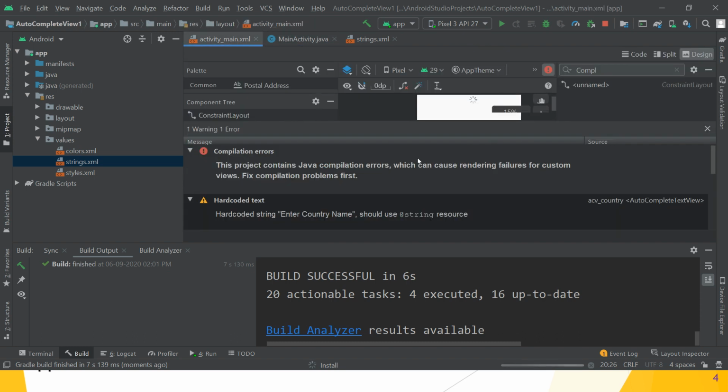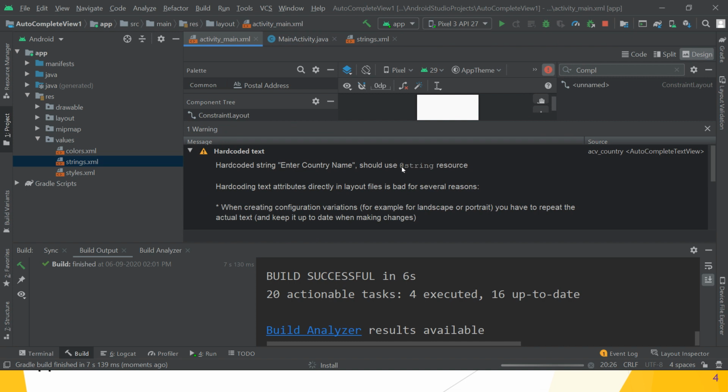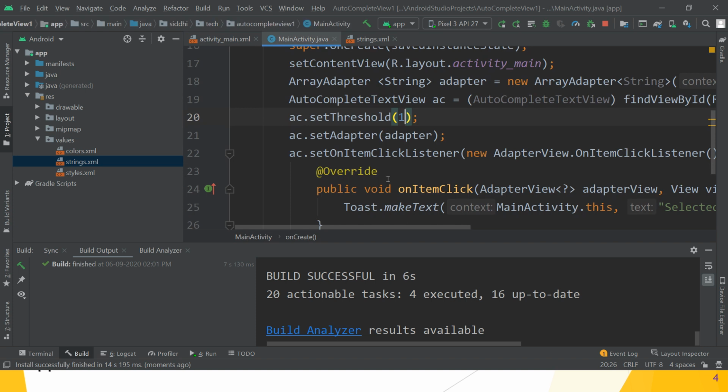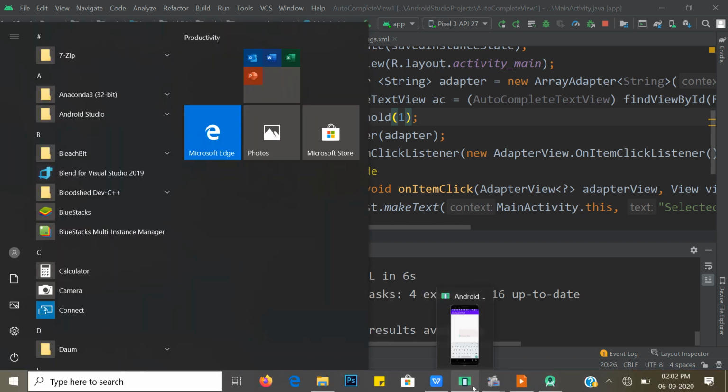The property name is completion threshold. By default it is 2, but programmatically we can give it as 1, so it is overridden. So guys, hope you understand.